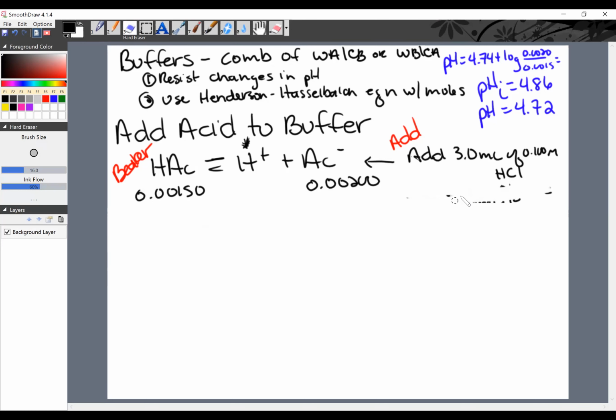Well, how much base do you want to add? Let's add 5 mils. Yeah, 5 mils of 0.1 molar sodium hydroxide. Okay, let's throw a strong base at this thing. Can you tell me what the sodium hydroxide is going to do? Now, it's not already part of this equation, so I'm going to have to look and see who it's going